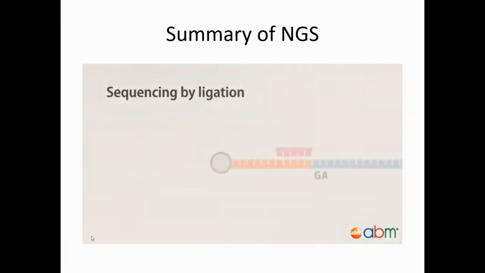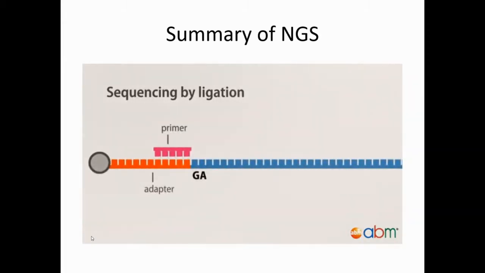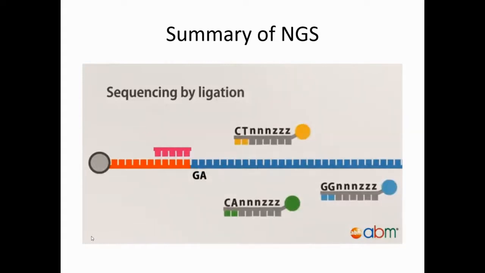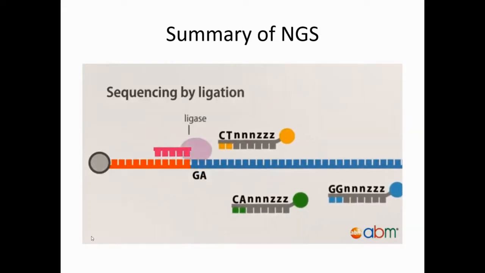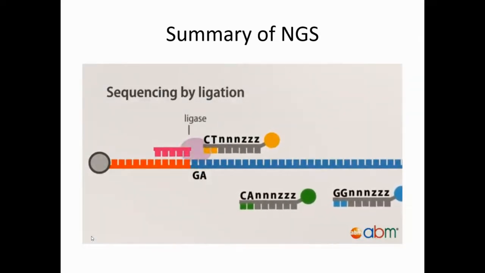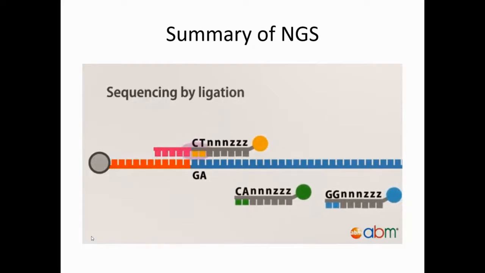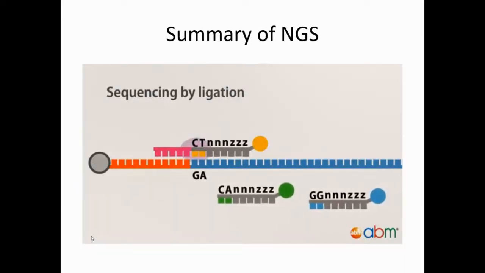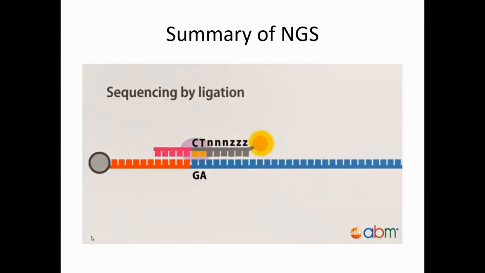The sequencing reaction commences by binding of the primer to the adapter sequence and then hybridization of the appropriate probe. This hybridization of the probe is guided by the 2 probe-specific bases and upon annealing is ligated to the primer sequence through a DNA ligase. Unbound oligonucleotides are washed away, then the signal is detected and recorded. After that, the fluorescent signal, along with the last 3 bases of the octamer probe, are cleaved,